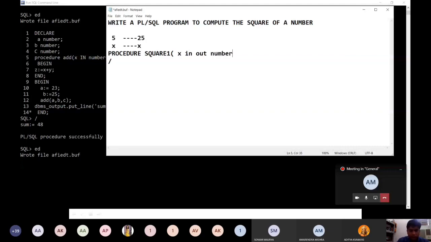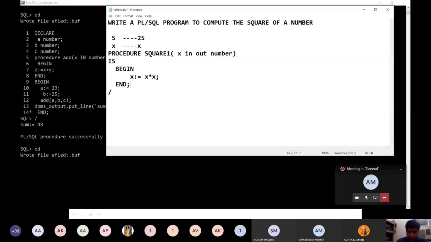Now we have to write the executable body of this procedure. x is now assigned as x times x, and we end this procedure. So this procedure is completed, right?